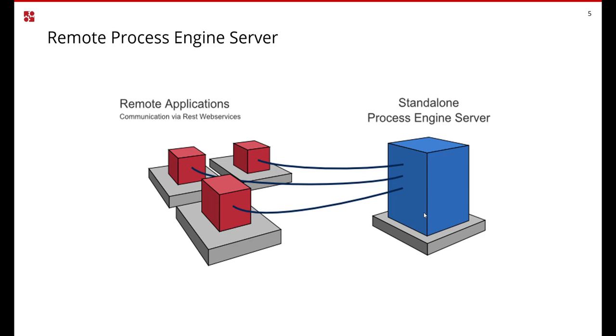We're essentially going to build an architecture that looks like this. So this is a remote standalone engine. You can see on the right there. So Camunda will be deployed to maybe something like Tomcat, and then we'll have all of our business logic, all of our services that we write that do all the real heavy lifting. They'll be subscribed to the engine via the REST API, and when the work arrives, when the process gets to the state where that work is needed, that will then be picked up by that service. It'll be done and then completed.